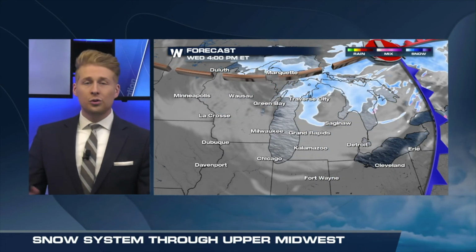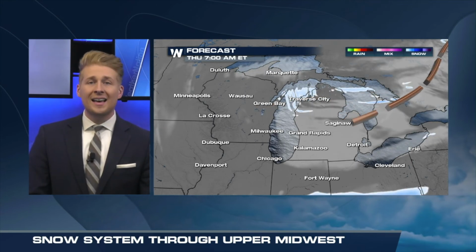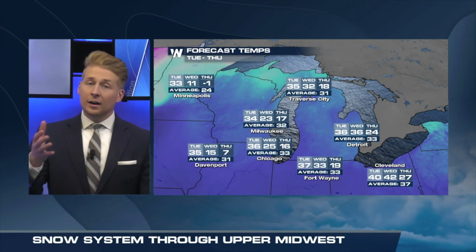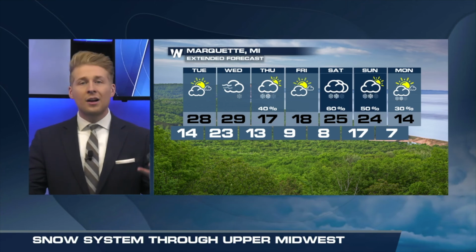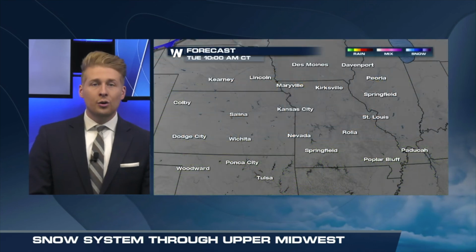Cold front rolls through the Great Lakes, going to bring some of that accumulating lake effect snowfall across Lake Michigan and Lake Superior, and we will see a few inches of snowfall even into the lower peninsula of Michigan. Those overnight lows here as we roll into our Tuesday morning, definitely going to be colder away from that lake influence into the teens and single digits, 20s everywhere else, and our high temperatures are going to be plummeting after these next couple of systems down through the teens and the 20s as well. Marquette, you'll still have that influence from Lake Superior, so even though the brunt of the cold air will be all around you, you'll still see a little bit warmer conditions for your highs and your lows, not getting below